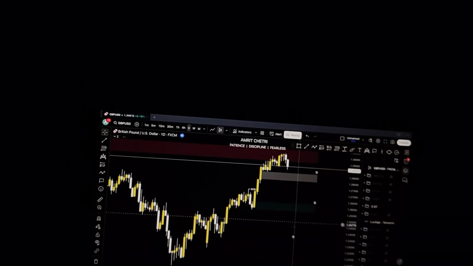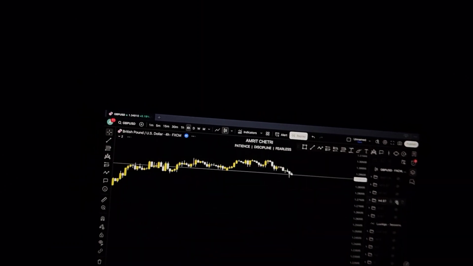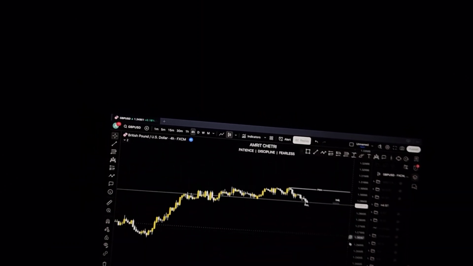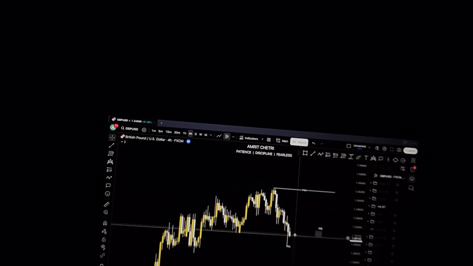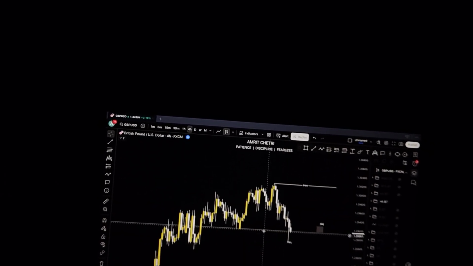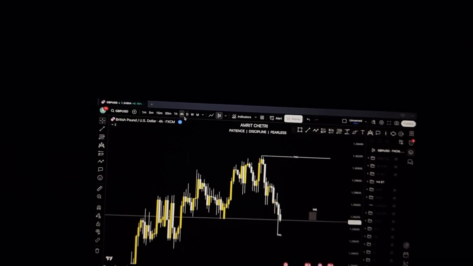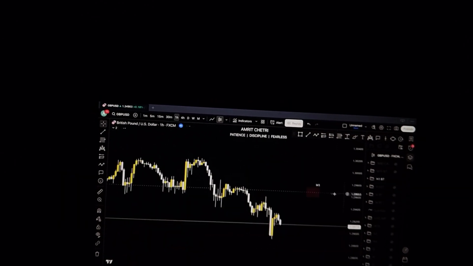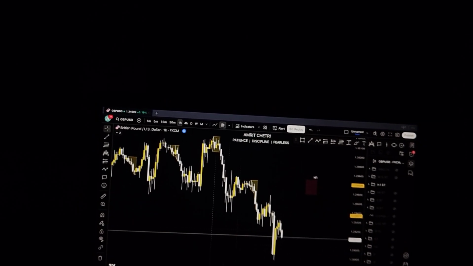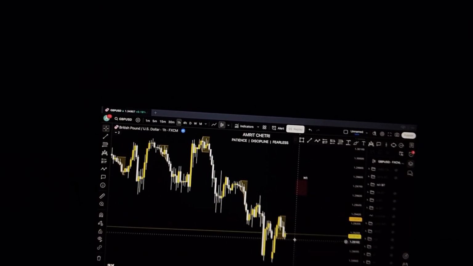So on GBP USD I was looking for a sell on Monday, and on the 4 hourly we can clearly see the market structure shifted here, but I didn't mark this market structure shift, the change of character, because it didn't happen with huge volume and it was a wick, so I don't consider that. So that is when I go to the H1 time frame. On the H1 we can clearly see I waited for the Asian range to close, and after the Asian range close,